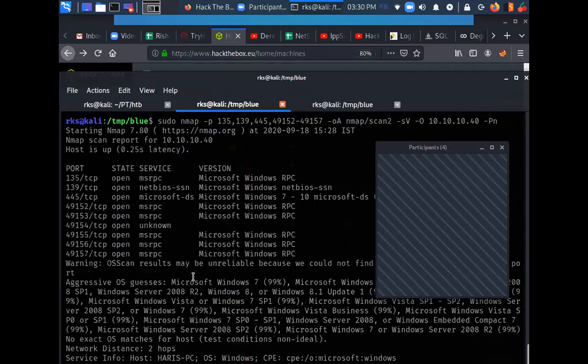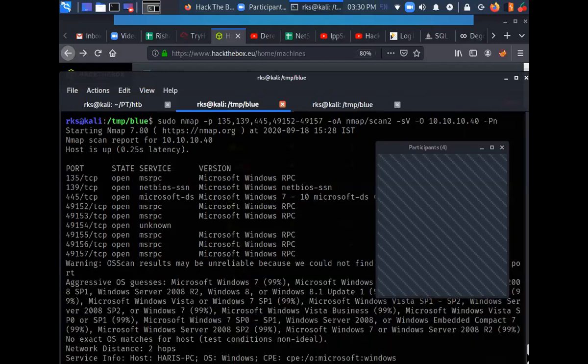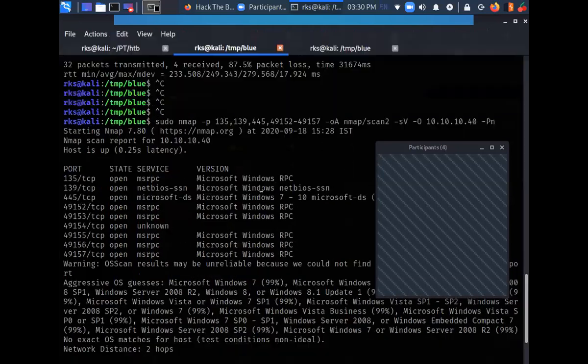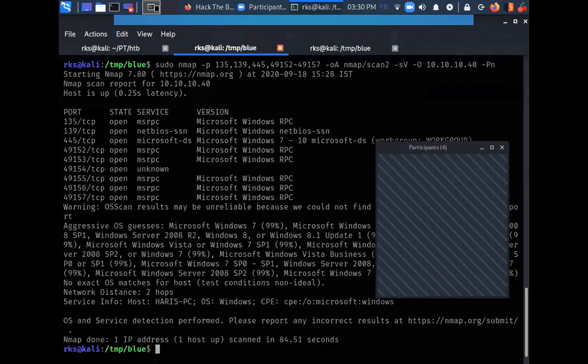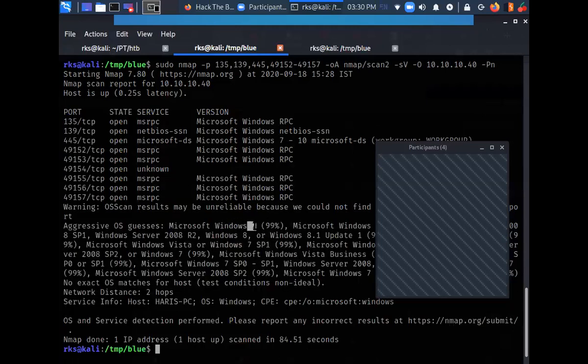Okay, so the scan is complete now. And from the OS detection, I can see that, let's go full screen here, that the target operating system is somewhat like a Windows operating system. Something like Windows 7 to Windows 8, right?